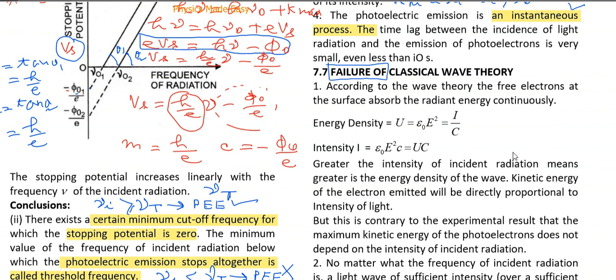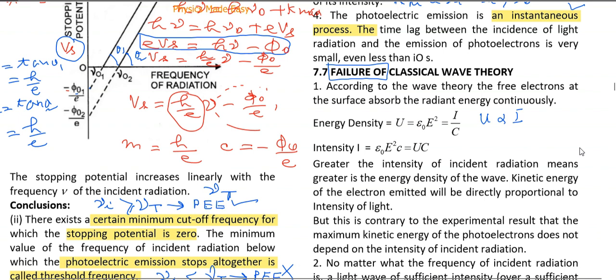Now, in this case, greater the intensity of radiation means greater energy. Note this case. Energy density U is directly proportional to I. It means greater the intensity, greater will be the energy density. So what they expected,